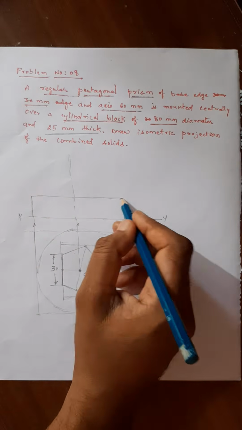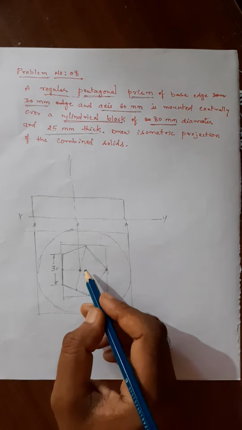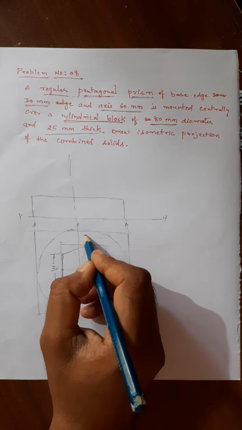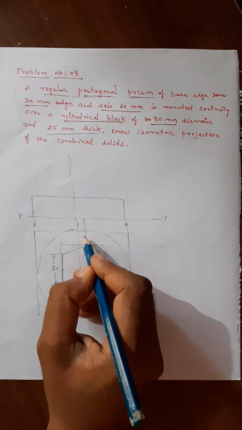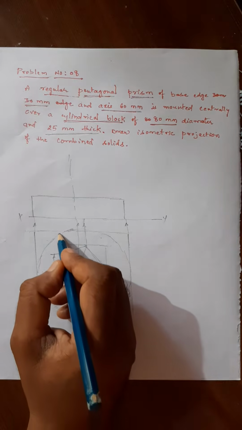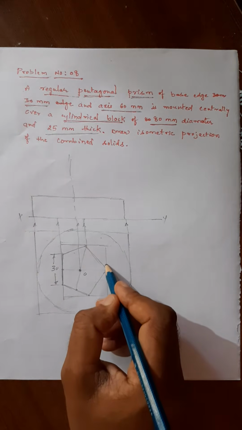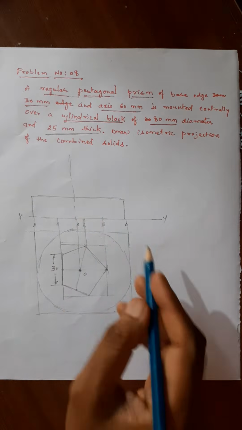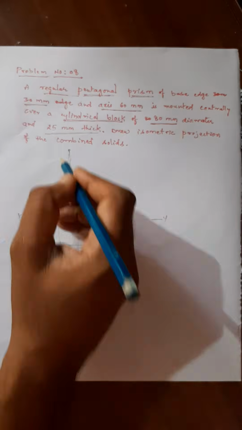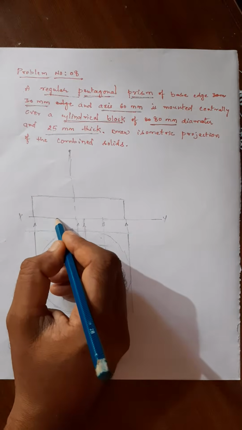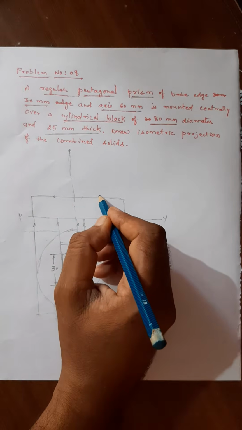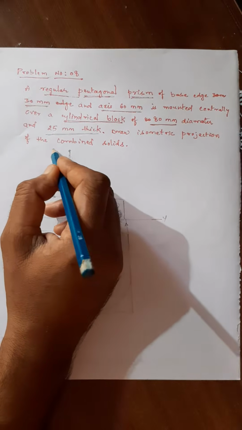The front view is a rectangle. So again this prism is given. Now see, this is the edge. Again draw the projectors to the xy line. This is a projector to the xy line and another projector to the xy line, and you will get the base edge. Now the axis of the prism is 60. Now we draw here. One point you will get, this is another point, and another point. So in the front view,